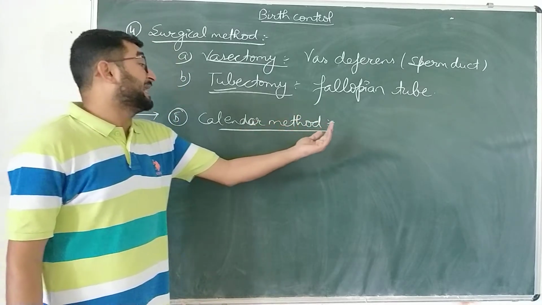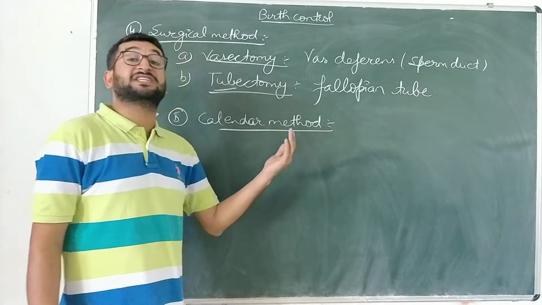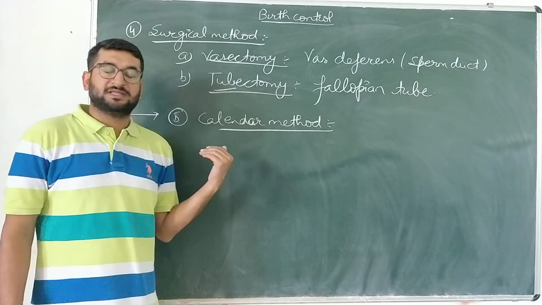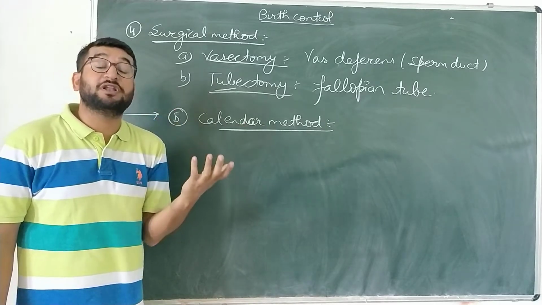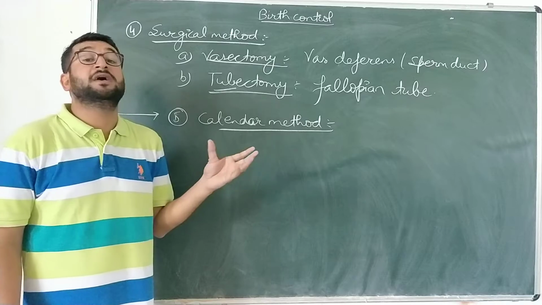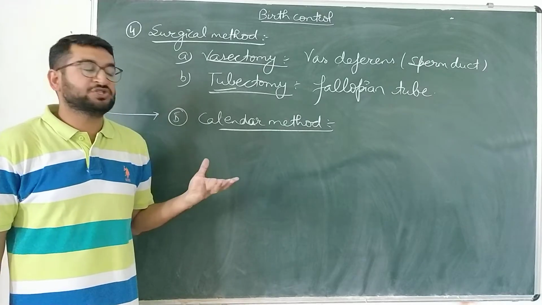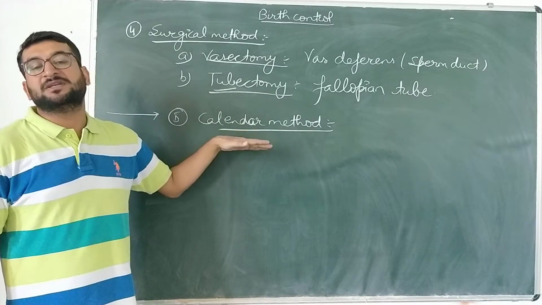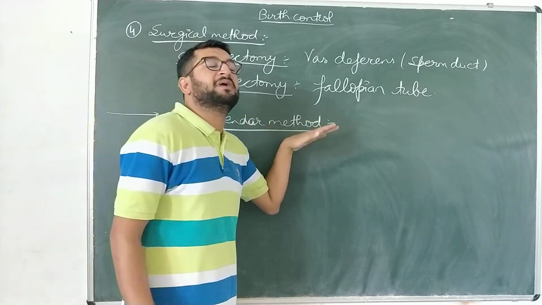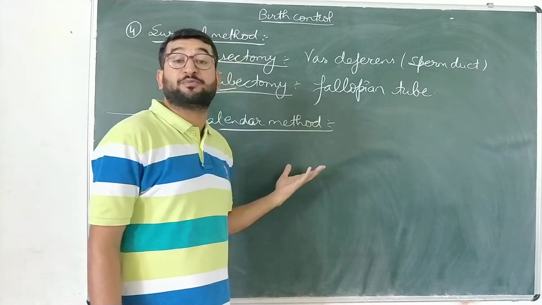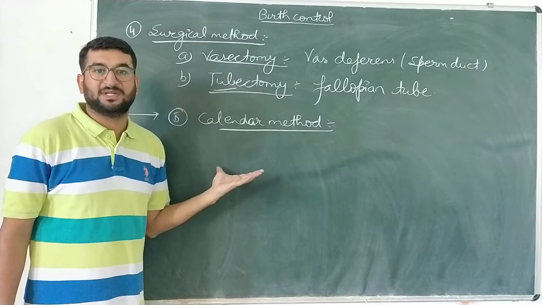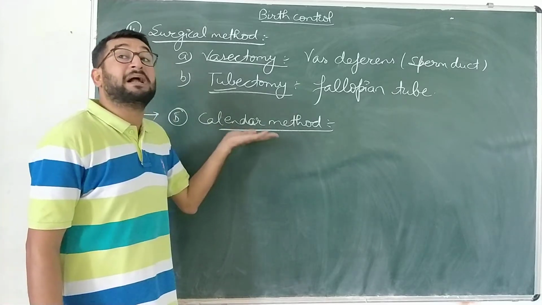So during the time period in which the egg is not released, that is before ovulation, the second phase, the follicular phase, which is safe for intercourse, the person can perform the male sex act without the use of any protective device like condoms. So that is the calendar method.